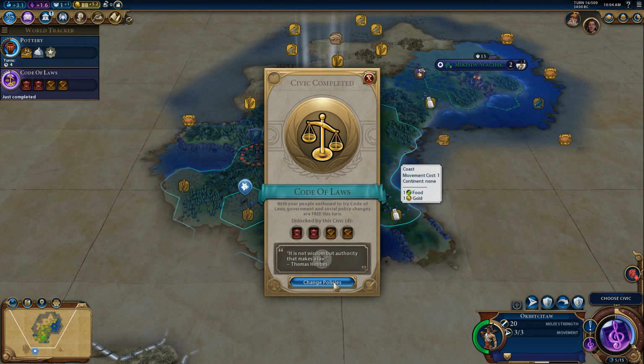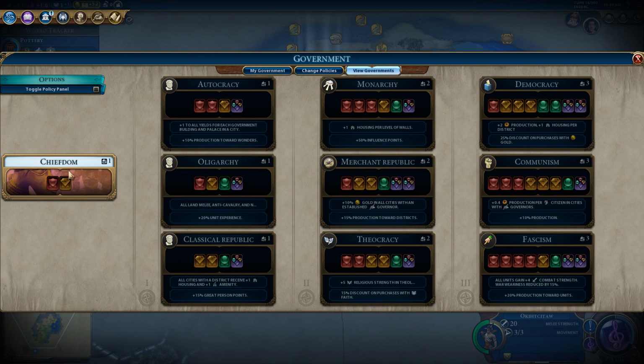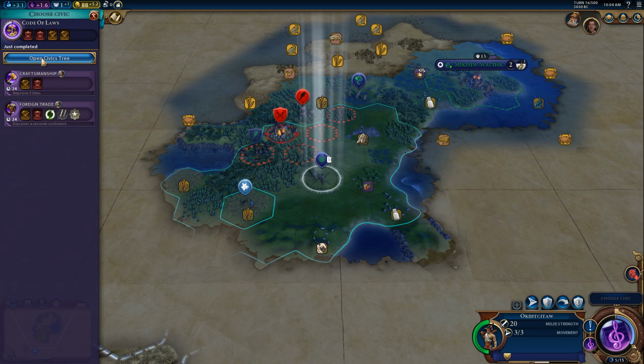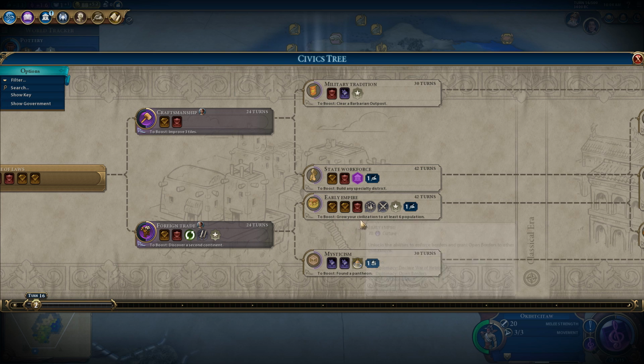But authority. Right, our first civic. We can now choose what our government is going to be like. At the minute, we are a chiefdom. As we unlock, we'll get lots of these. That is something else that I like to try and get towards. Early empire. Grow your civilization to at least 6 population. And then we get...